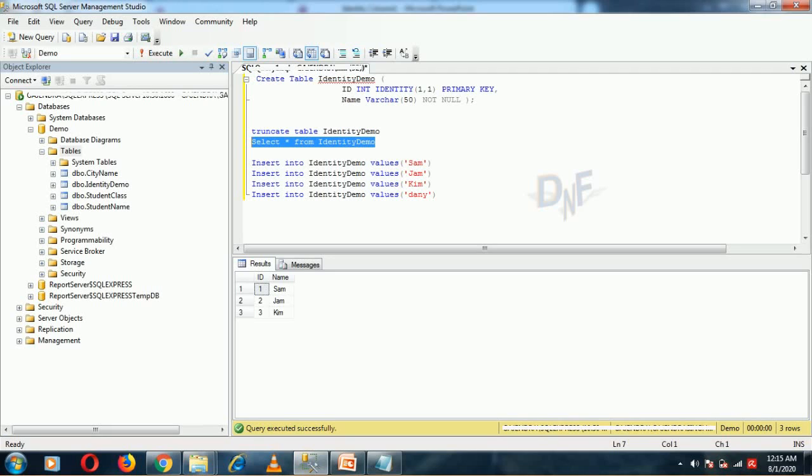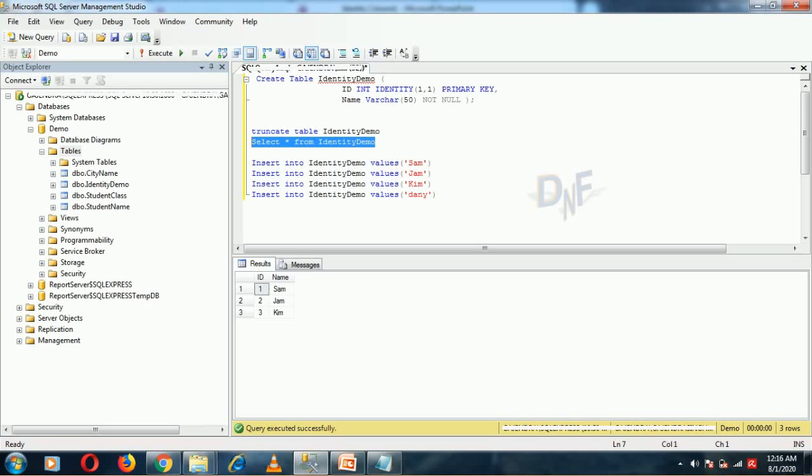It is the most important column when we create a master table for our project, and we always worry about the ID column. So when we create an identity column, it automatically fulfills the requirement of the ID column. It is auto incremented. It does not support the null value, and it always creates a unique value. So it has a very great importance when we create a project and when we decide the table structure. I hope you guys understand what is the identity column and how it behaves.